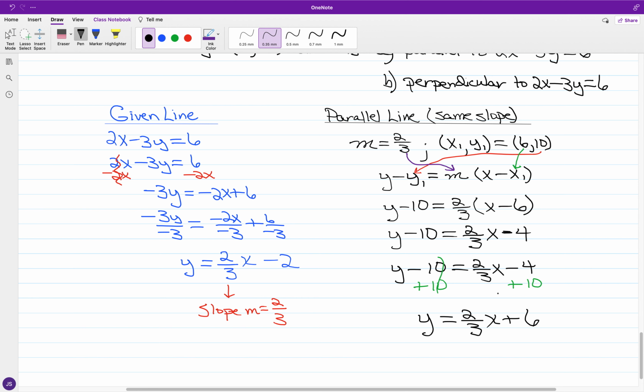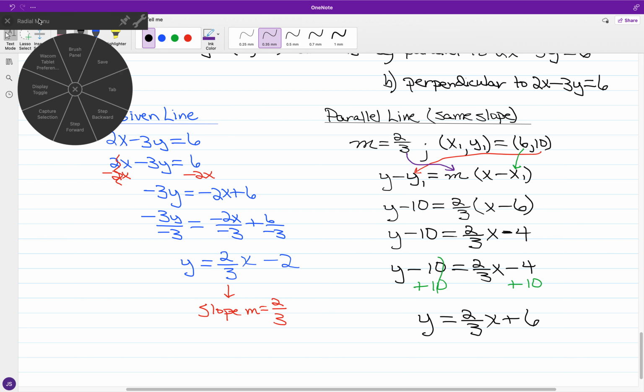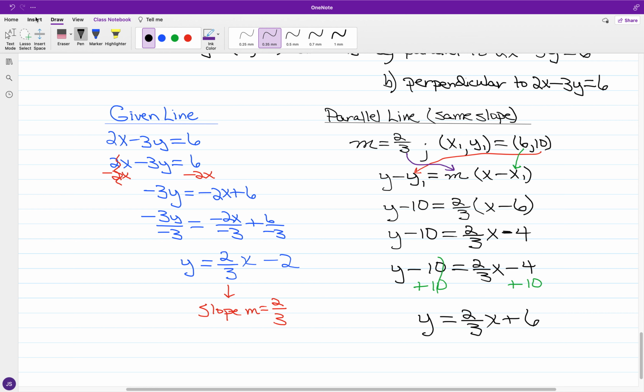You can always double check here. So you have the slope at 2/3, and if x is 6 and y is 10, both sides of the equation should be the same. So y is 10, and 2/3 of 6 is 4, and 4 plus 6 is 10. 10 is equal to 10, so we have consistency